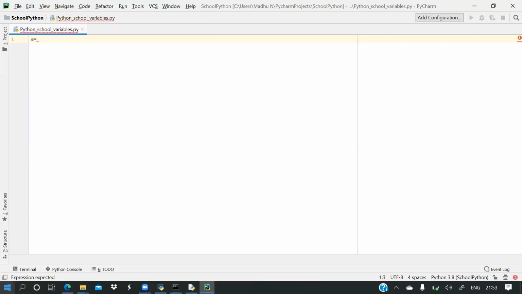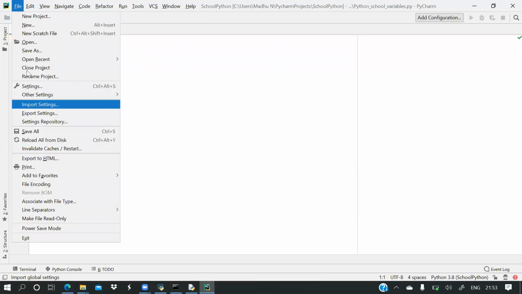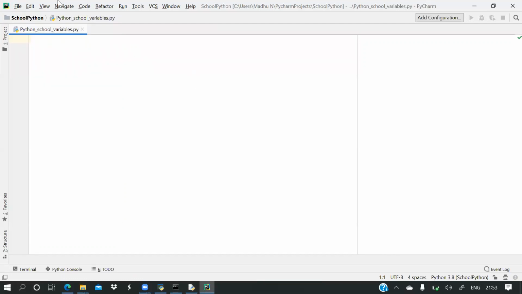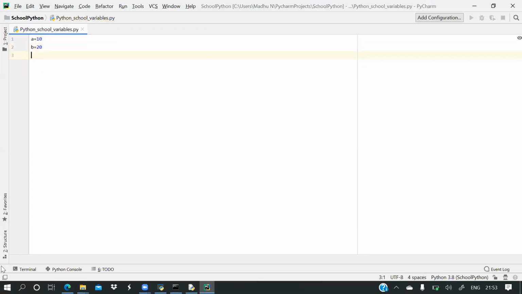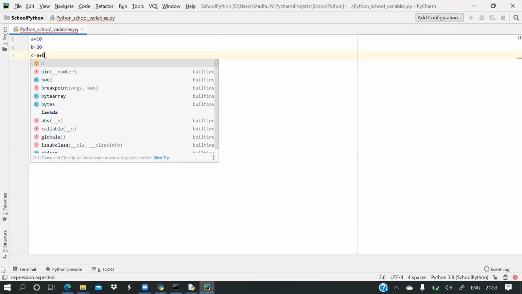Now a is equal to 10 as well as b is equal to 20 and c is equal to a plus b.